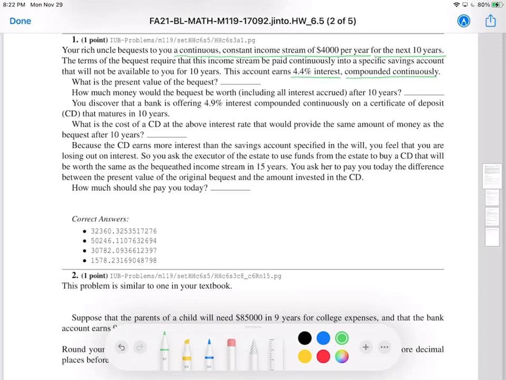this section we use the formula for the continuous present value. Okay, so what is the present value of the bequest? So for number one, okay, let me label number 1, 2, 3, and 4. So for number one,